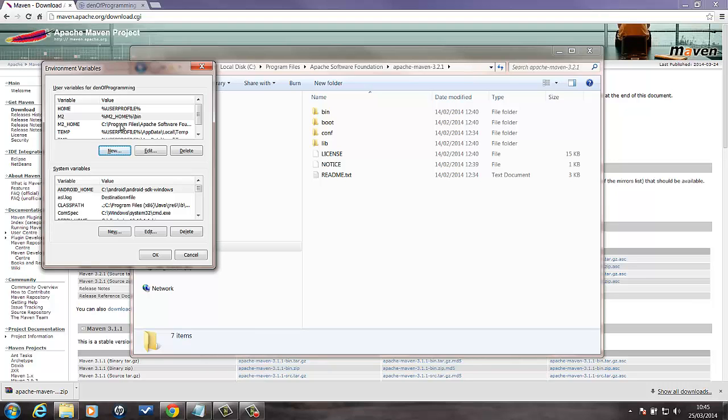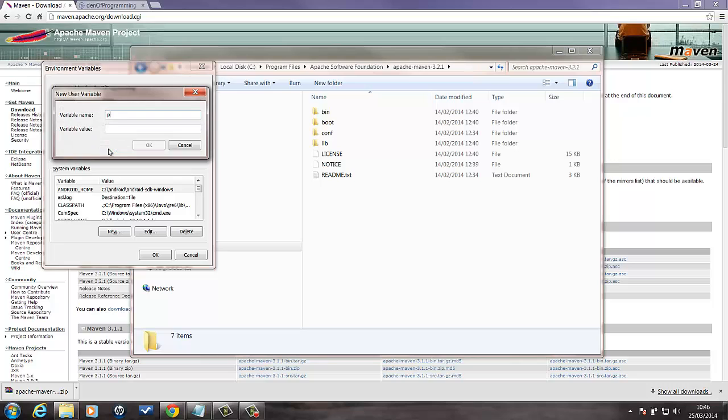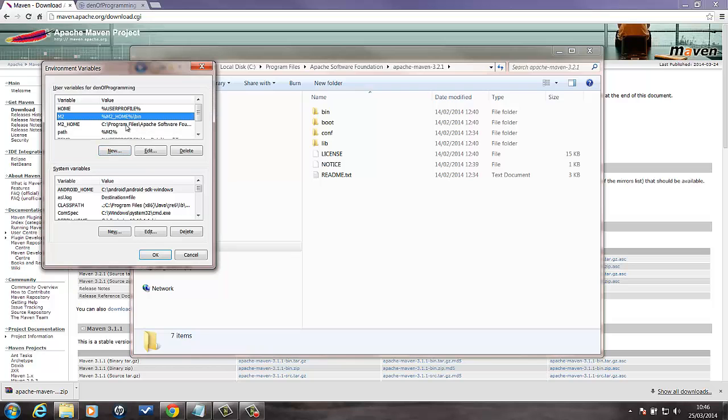There's one other thing we need to do to make this work on the command line, which is to add a path. You can append it to the system variables path, or you can have your own path variable within your user profile, which I prefer. So I'll just create a new variable called Path, and we'll use the new variable created, so that's %M2%. Oops, don't forget the percent signs. Okay on that. And that's the environment variable set up for Maven. We can OK this,